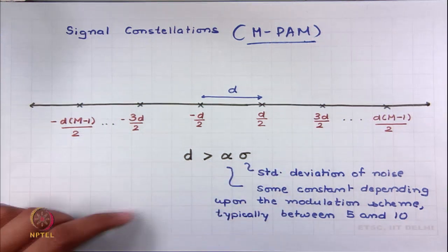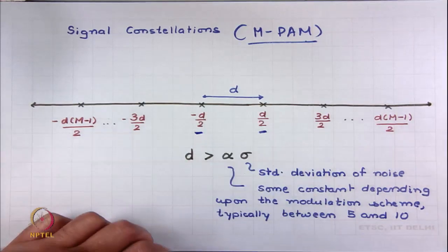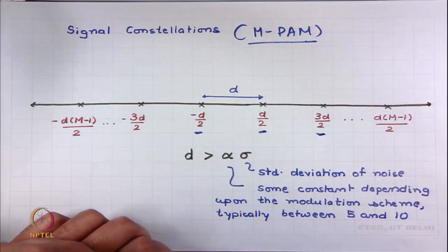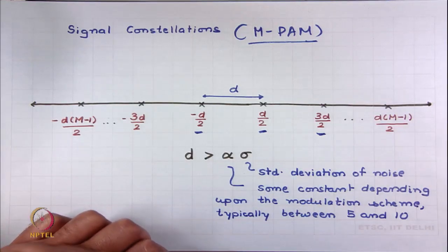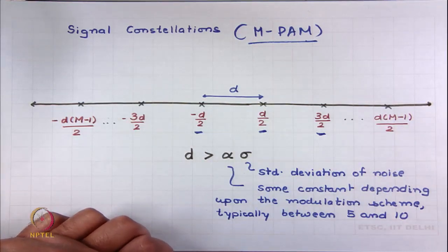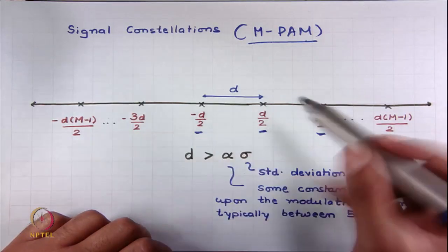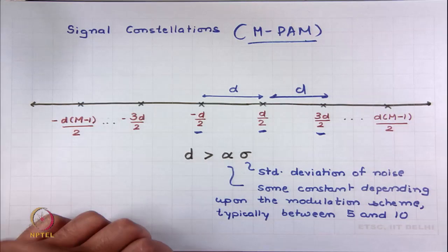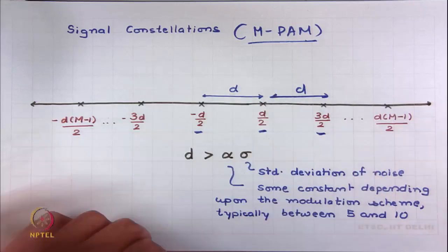So, for example, one symbol can take a value of d by 2, another symbol can take a numerical value minus d by 2, all this is real. Next symbol can be assigned an amplitude of 3d by 2, and so on and so forth. Interesting thing that you can look in here is that the symbols are separated by a constant distance d. For example, the difference between the two symbols is d, the difference between these two symbols is also d, right. So, symbols are at least separated by a distance of d, and this we will see in a while,